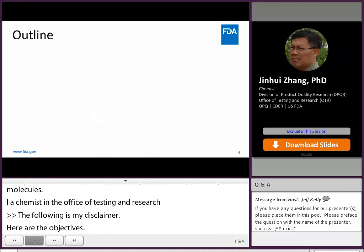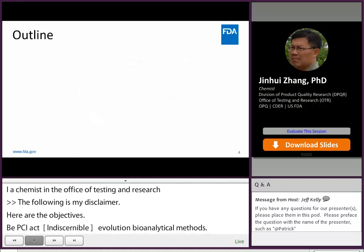Regulated bioanalysis is a quite complex topic. Within the 20 minutes, I can only give you a snapshot of the regulatory requirement, workflow, and current update. First, I'm going to talk about the diversity of large molecular drug entities. Then, in order to put the talk into regulatory context, I'm going to talk about the BPCI Act and the